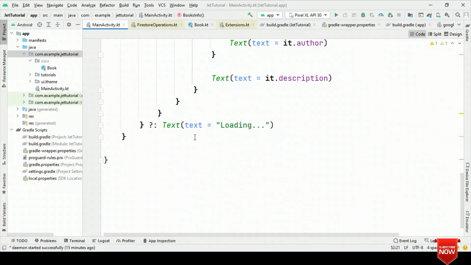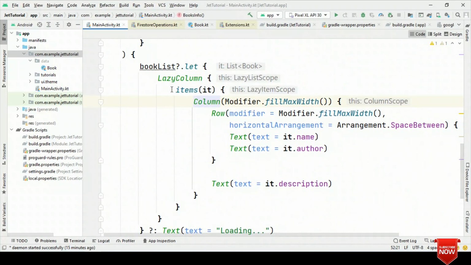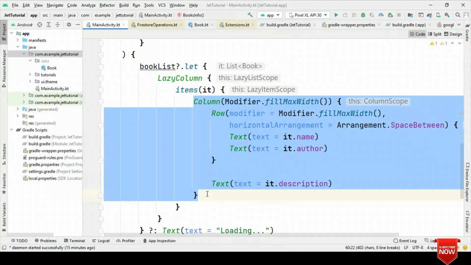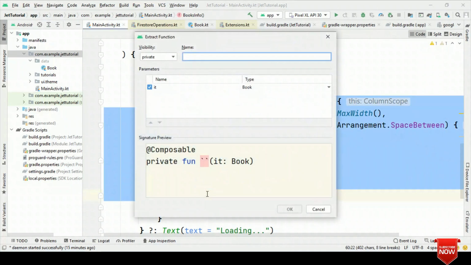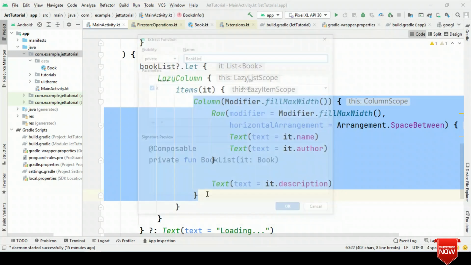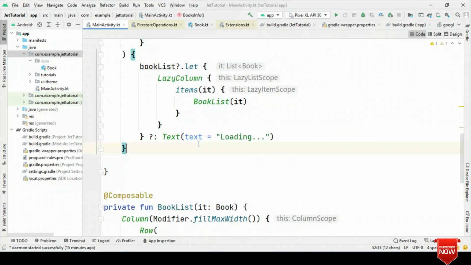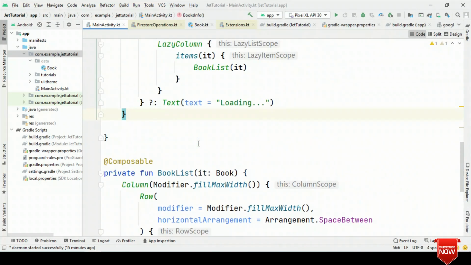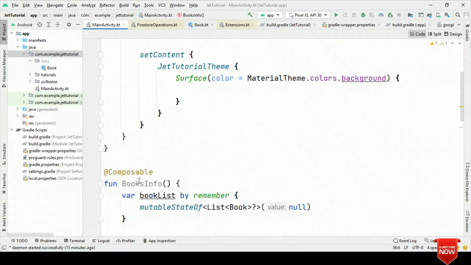Now, rather than making this one composable clumsy, let's take this part outside. So we'll extract this and I'll say book list. So that's it. Now let's call this and run this application.